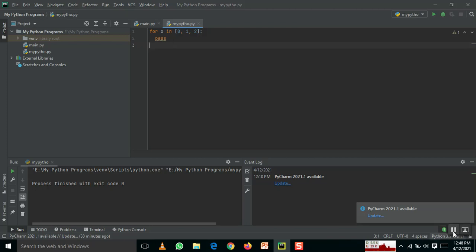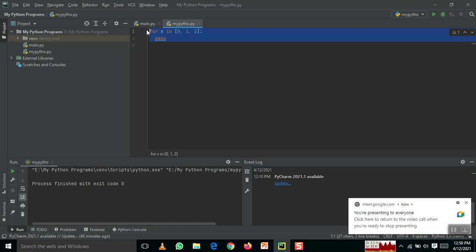So for loop: a simple for loop with a range. In case of your range, if I give only one value, it will start from 0 and go up to n. I can give two values, starting value and ending value. Third one, I can give the incremental value. A for loop inside a for loop, that we can have. Then a pass. So these are all the statements in the for loop.